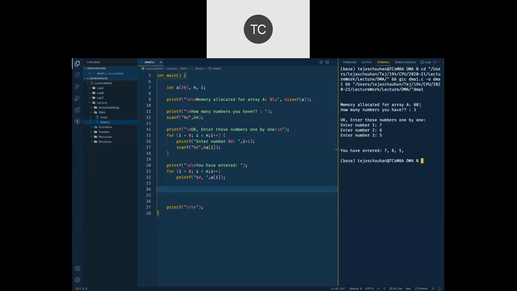because 80 bytes were reserved. After a reservation, we are not making use of that memory block. So it is only wasting that memory. Even other programs cannot make use of that memory block, which is actually reserved by our program. And that's the huge problem if we go for this kind of variable declaration and memory allocation.